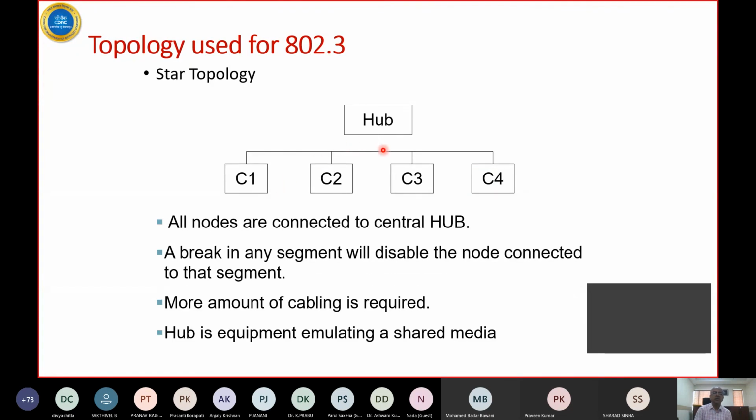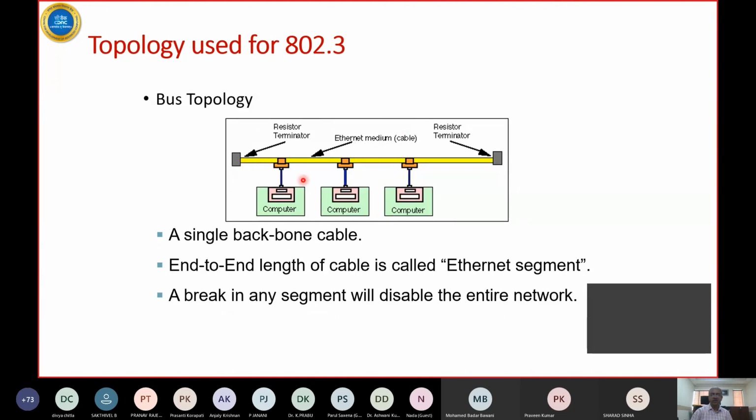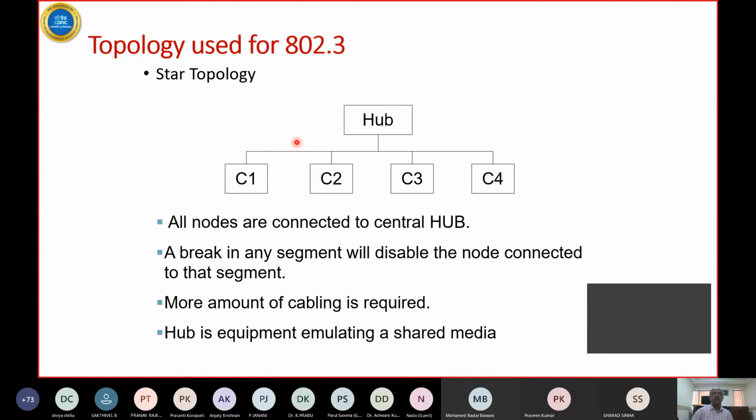Now there are two ways you can connect a star. One is called a hub, another is called a switch. Okay. Originally the hub came in. The hub is the same as this in the sense that it uses a shared medium. So if C1 is talking to C2, C3 and C4 have to be silent, or if C2 is talking to C3, C1 and C4 have to be silent, because a hub is nothing but a collapsed backbone. Okay. Star network is good because there is an individual connection between the hub and each node. Though this shows a logical topology, the physical topology is C1 to hub, C2 to hub, C3 to hub, and so on.